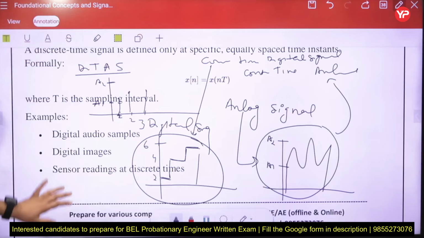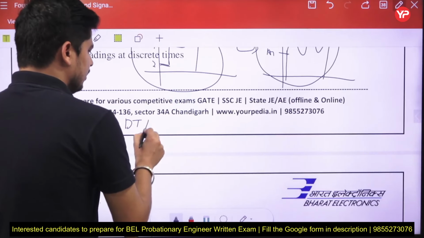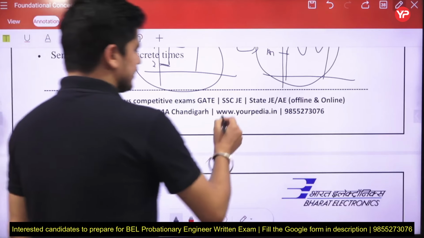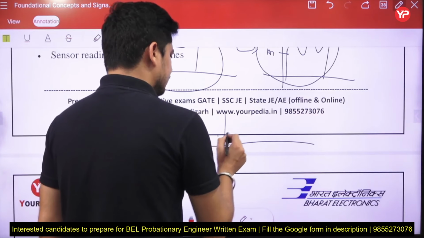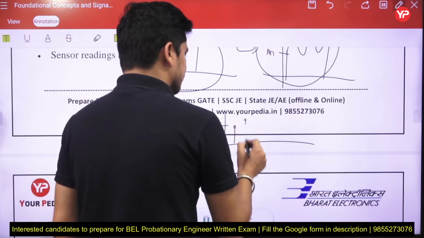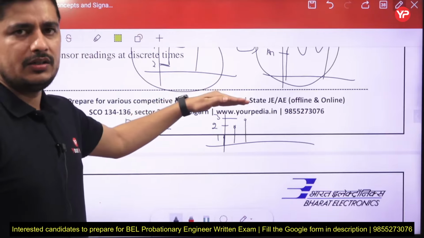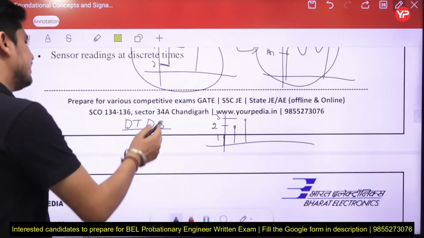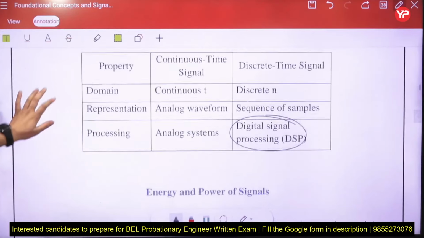Next one is discrete time digital signal. Discrete in time and discrete in amplitude, digital signals. So what will be the example of that one? It is taking, let's say, amplitude 1, then after amplitude 1 it will take the next amplitude as 2, next amplitude as 3. So it is taking discrete amplitude as well. Time is discretized and amplitude is also discretized. That is called a discrete time digital signal. So these are the types of signal.